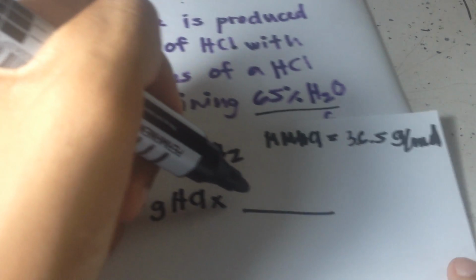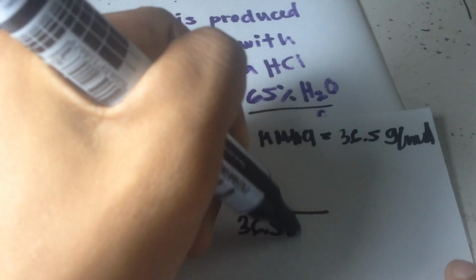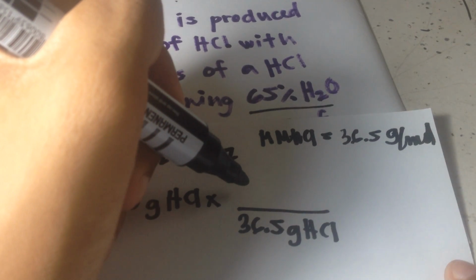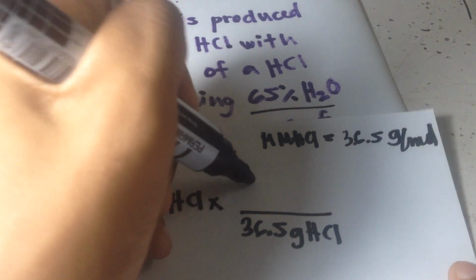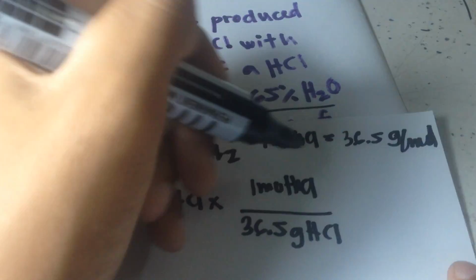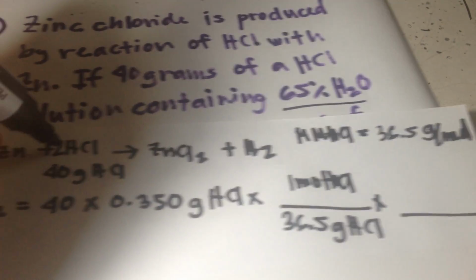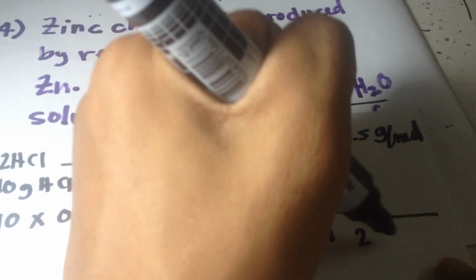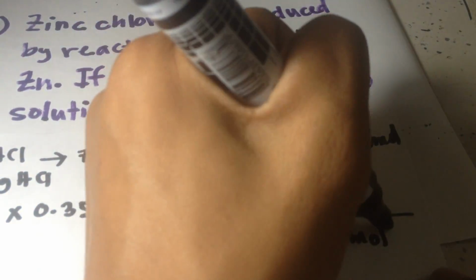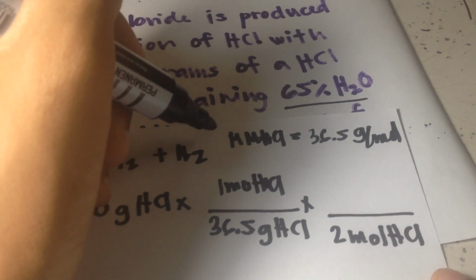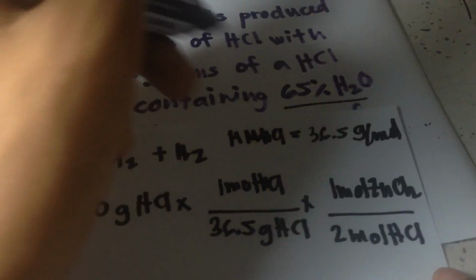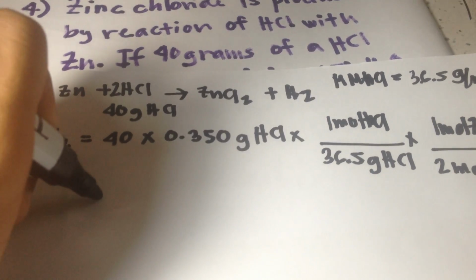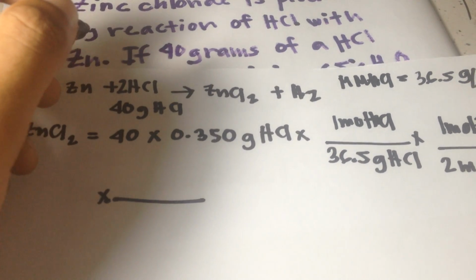So 36.5 grams of HCl per 1 mole of HCl, and then the ratio is 2 moles of HCl here in the reaction. So 2 moles of HCl, and then 1 mole of zinc chloride, and then times